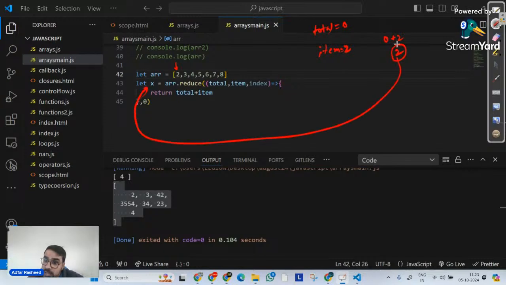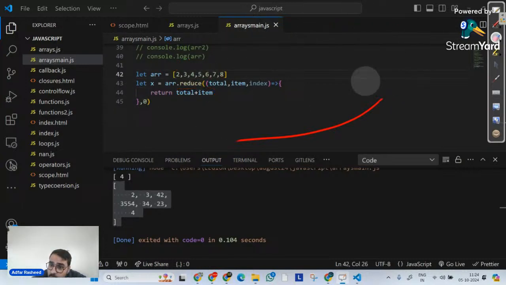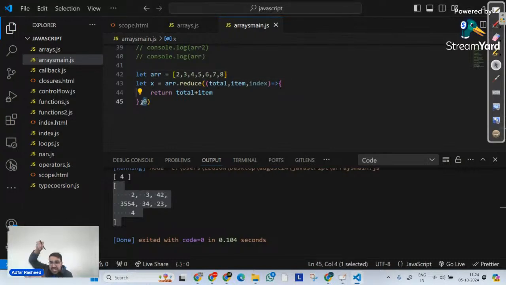No, this 2 will be updated into total. So until the whole loop is completed, it is going to store the result of this particular expression into the total itself. So the second argument that I am giving over here is nothing but the default initialized value of the total when the loop starts.